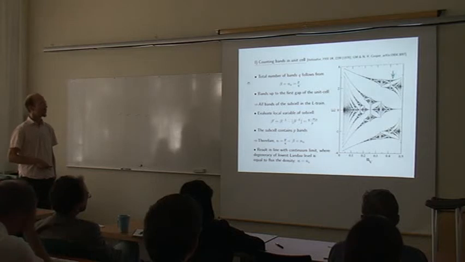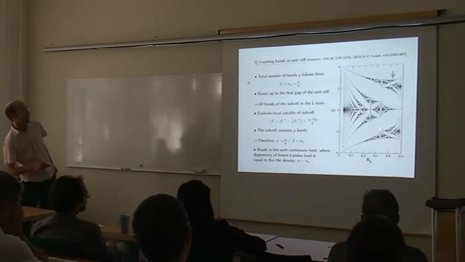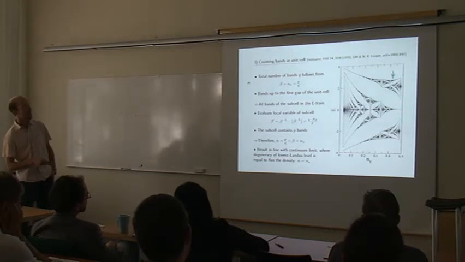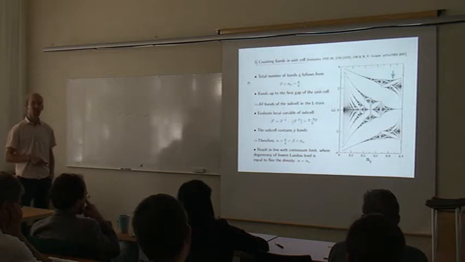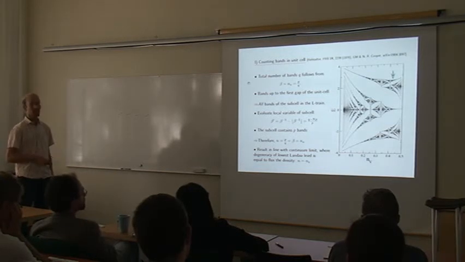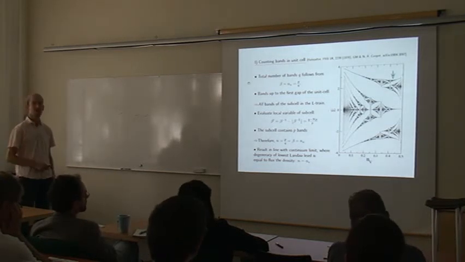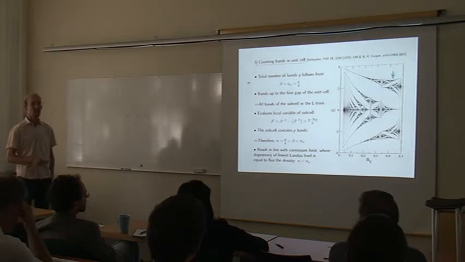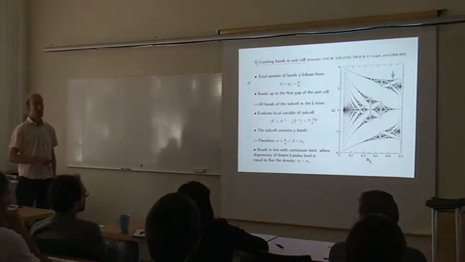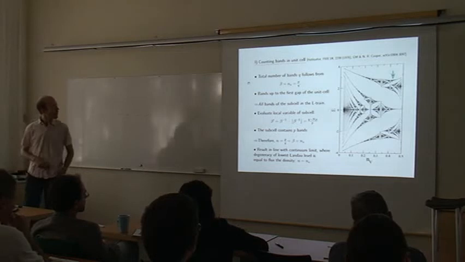Beta equals the vortex length. Oh, sorry, I think here I've taken all the bands down. So this P was all the bands in the subcell. So basically that was just proving that this is really just like the splitting of the lowest band. So the number of states in that whole lowest band is equal to the number of flux. Okay.